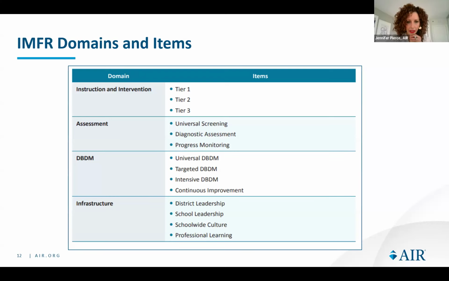And the fourth one in here, let me get my cursor to the right place, is this item of continuous improvement. And this one is all about the school-level data-based decision-making that happens to examine progress overall for implementation on at least an annual basis.